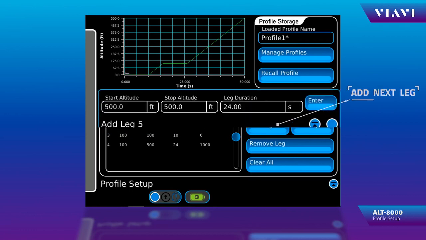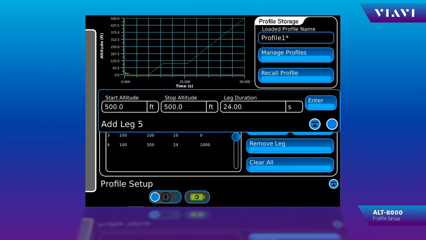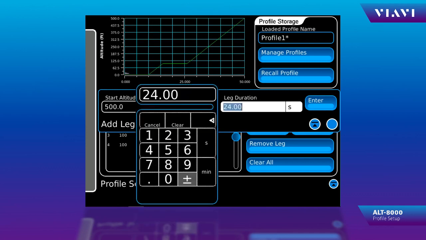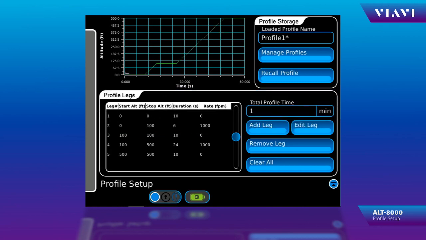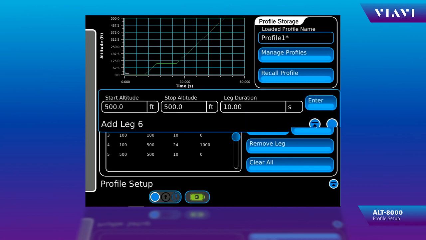Click the add leg button. Now I'm going to stay at 500 feet, so both the start and stop altitude will stay at 500 feet. I'm going to stay there for a duration of 10 seconds. Press the enter button to save that leg. Press the add leg button.